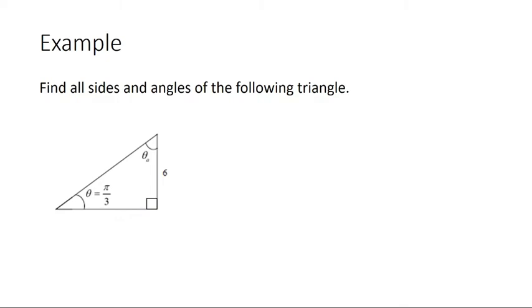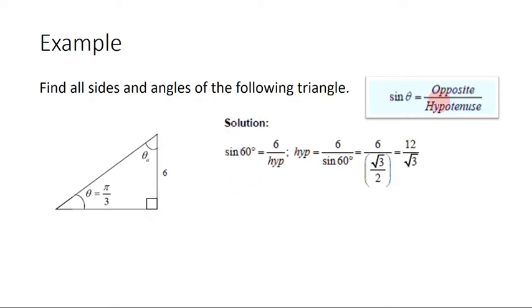Next example. Now we want to find all sides and angles of the following triangle. The information given is that we have one angle and one side, which is the opposite side for this angle. Therefore, we can use sine theta, where sine theta is equal to opposite over hypotenuse. So we can substitute in this formula. We know that sine theta for this value of